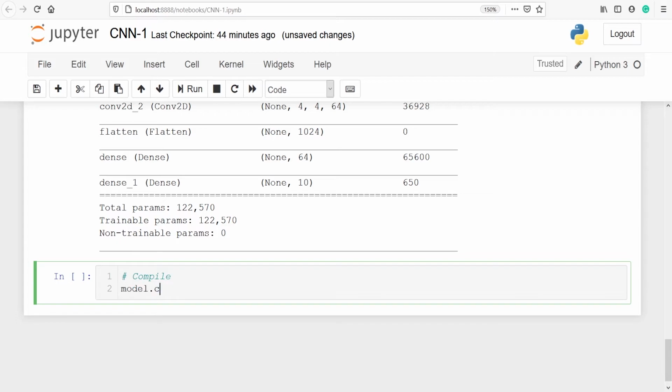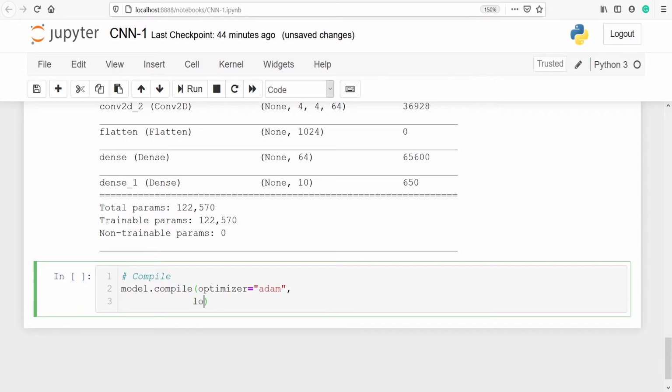We will say model.compile. We are using the method compile, and our first parameter will be optimizer. We are using the Adam optimizer. Next parameter will be loss.